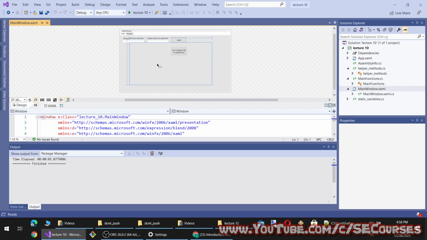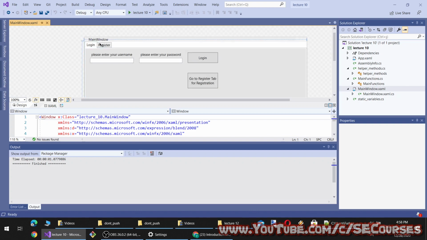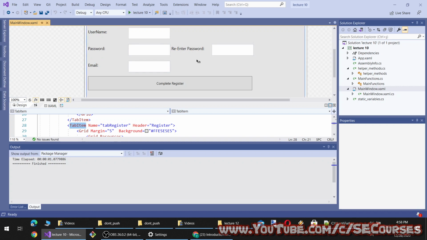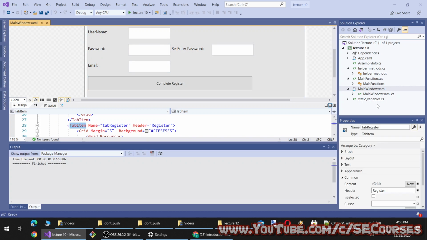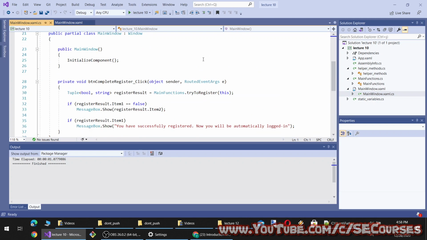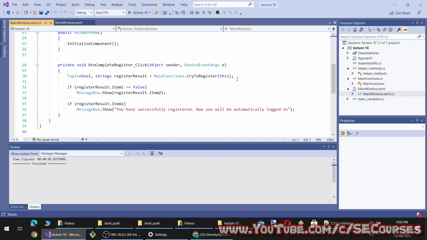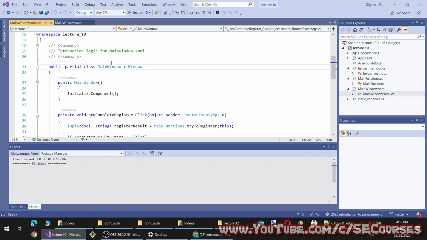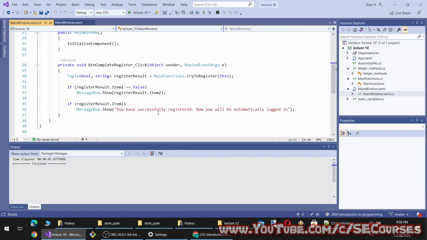Okay, the interface has arrived. So we have a login tab and a register tab. The register tab has been completed, if I remember correctly. You see we have coded a method in the main functions which tries to register and takes this as a parameter. This means the main window instance.